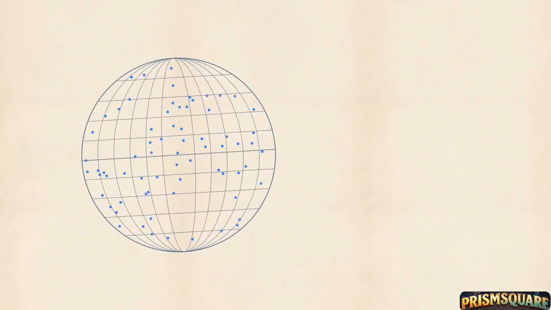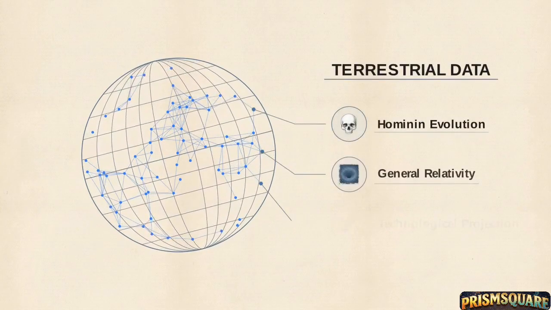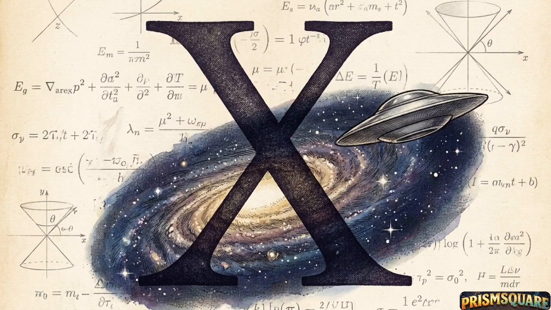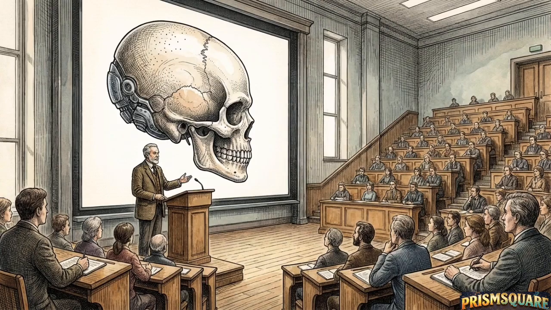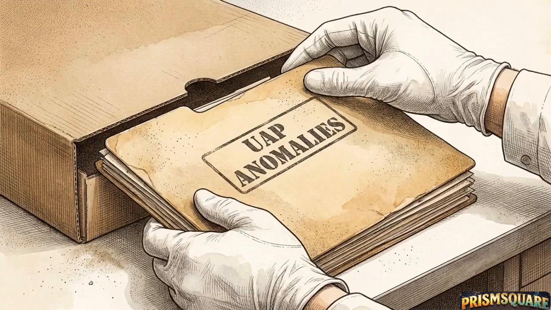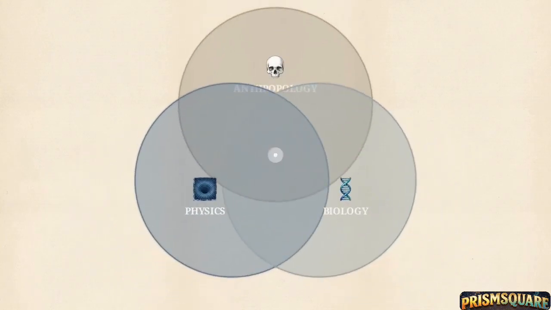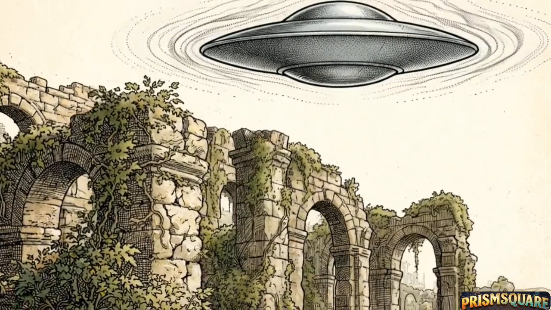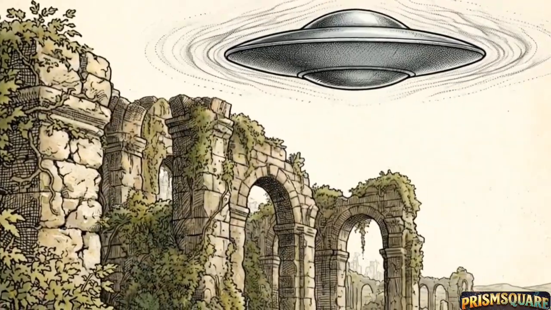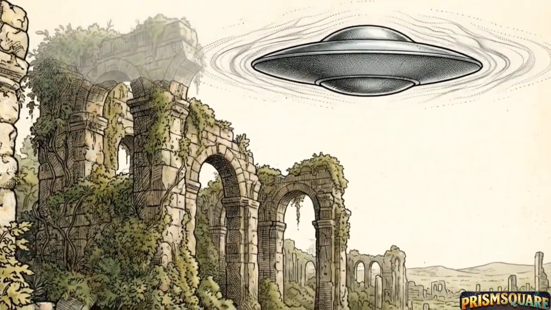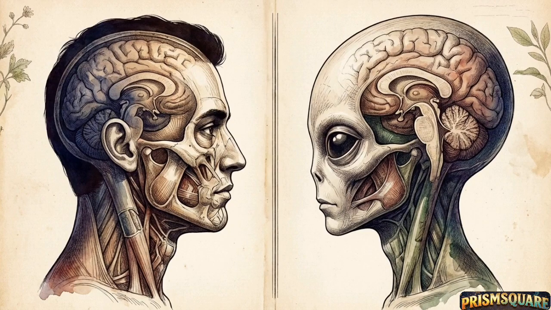This model relies entirely on terrestrial data and the logical projection of human technology, requiring zero extraterrestrial variables to explain the mystery. Elevating this to a formal scientific hypothesis removes the stigma that has traditionally kept UAP research on the fringe of academia. Solving this mystery requires multidisciplinary cooperation, bringing together anthropologists, theoretical physicists, and biologists to analyze anomalous data through a unified lens. We cannot casually dismiss this compelling evidence, simply because it deeply challenges our current evolutionary or temporal paradigms. Rigorous scientific openness suggests that our observations of UAPs reveal a mirror of the distant human future.